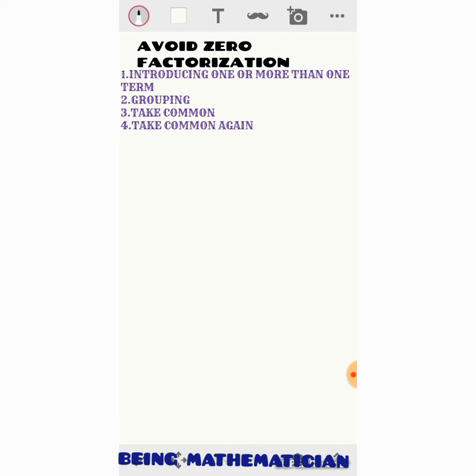Introduce one or more than one terms and then grouping, then take common and take common again. Avoiding these tricks, avoid the zero factorization. This is hard for the students. So let us see the example: x to the power 4 plus x minus 2. Here we introduce so many terms in this sum. Here x to the power 4 minus